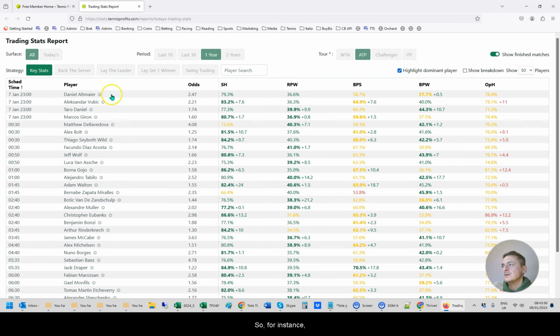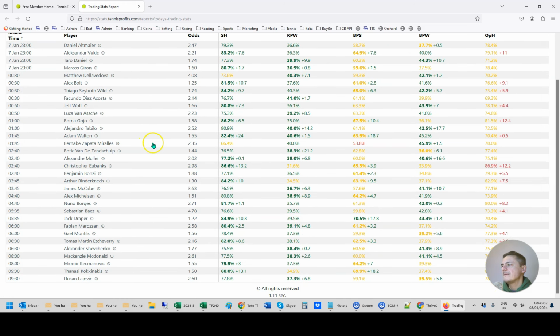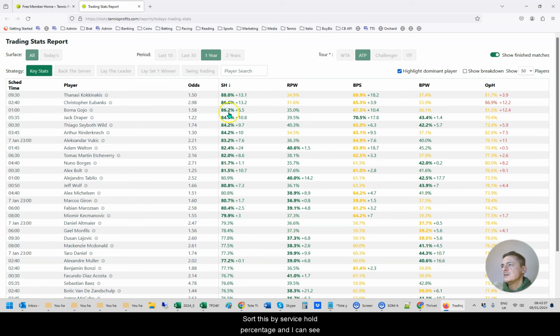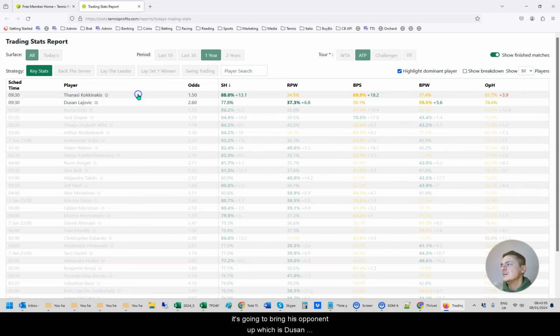So for instance, if we sort this by service hold percentage, I can see that Thanasis Kokkinakis was the dominant player in his match with a 13.1% edge on service hold. If I click in this row here, it's going to bring his opponent up, which is Dusan Lajovic, and you can see that the difference here is actually not 13.1, it's